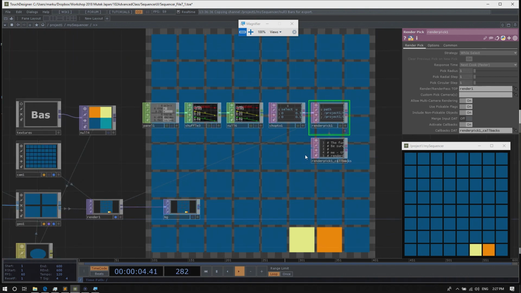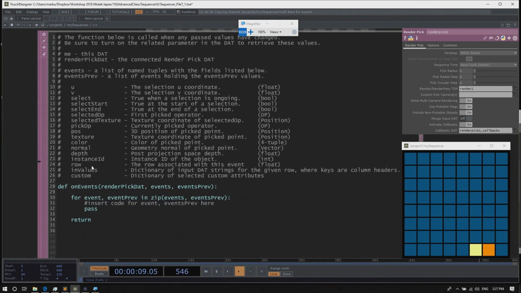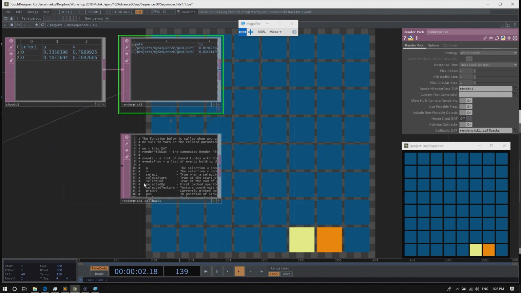Nice. Okay, so the callbacks for the render pick, you can find those callbacks usually under this tiny pink flag that's attached to some of those operators. So click on this pink flag, and you get the render pick callback.